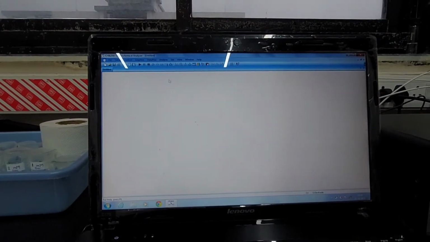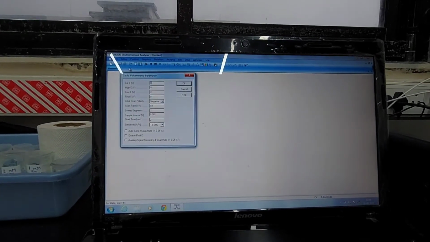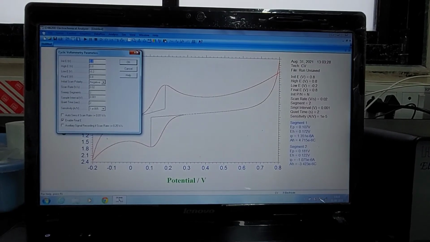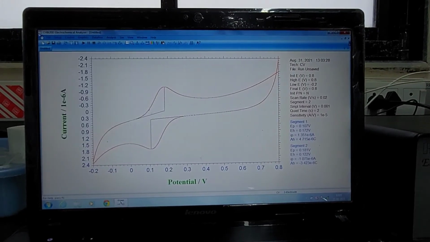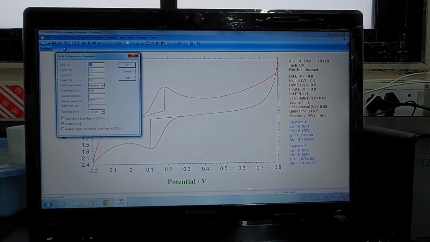Then we have to set the parameters. We are setting up the parameters for checking the scan speed.